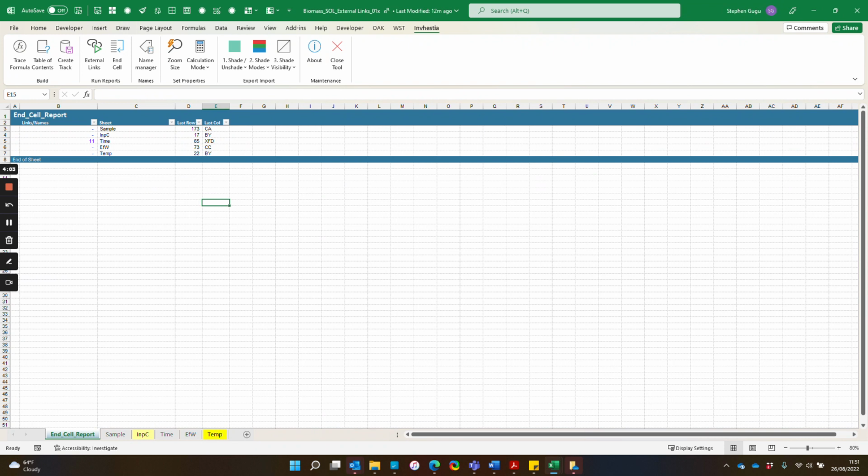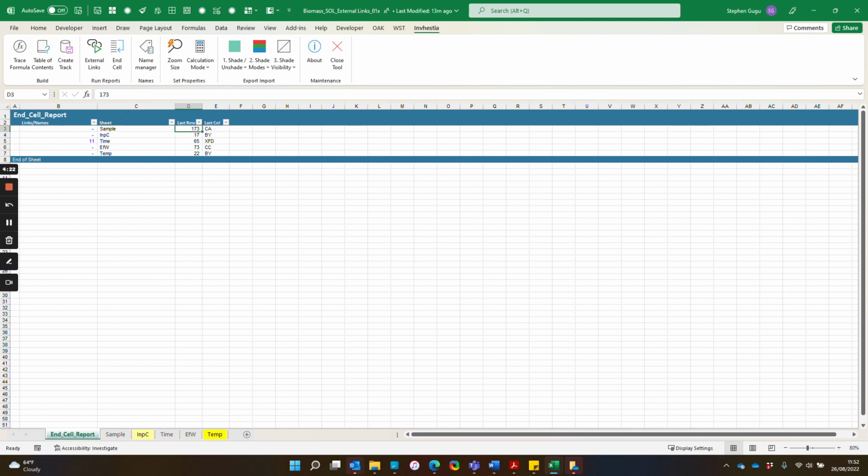Now, this is priceless because it tells me where each of the sheets is ending. And by so doing, I can figure out the size of the file. Now, remember the size of the file was 3.66 MBs. We're going to look to reduce that as substantially as we can. So let's do that. If you go to the first sheet here, which is called sample, it's telling me